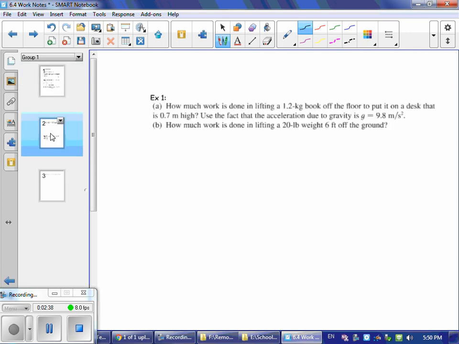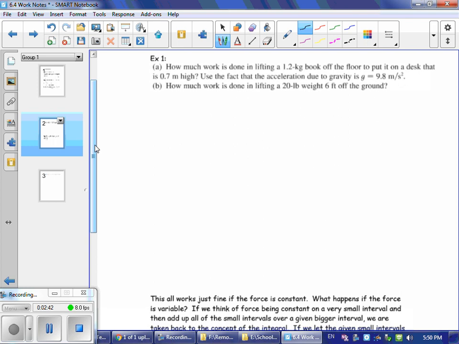Okay, so example 1: how much work is done lifting a 1.2 kilogram book off the floor to put it on a desk that is 0.7 meters high? We're going to use the fact that acceleration due to gravity is 9.8 meters per second squared. And then we want to know how much work is done in lifting a 20-pound weight 6 feet off the ground. So in letter A,